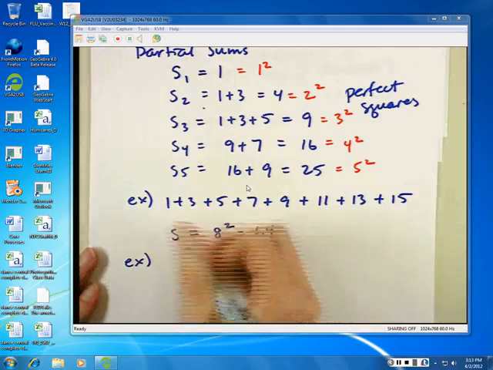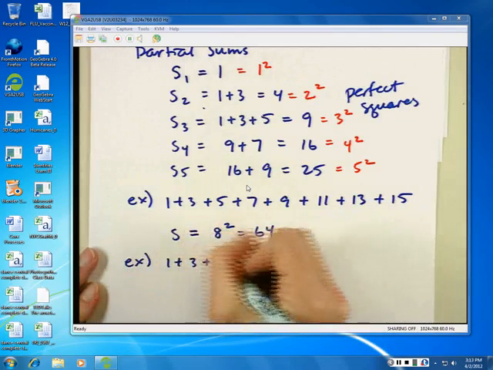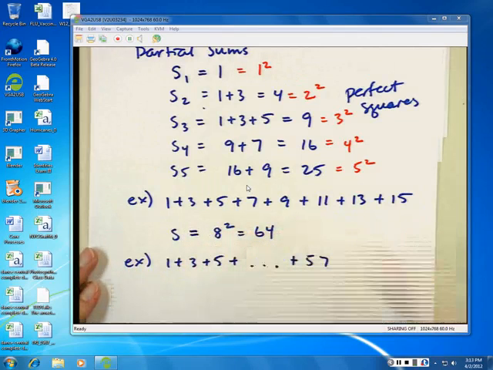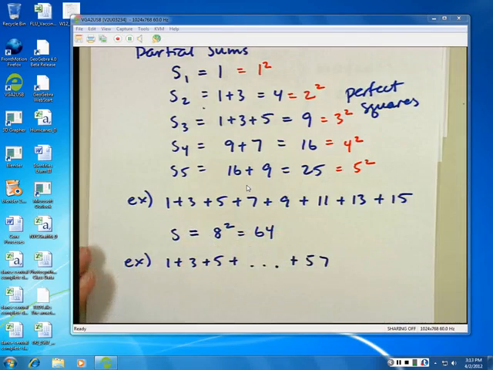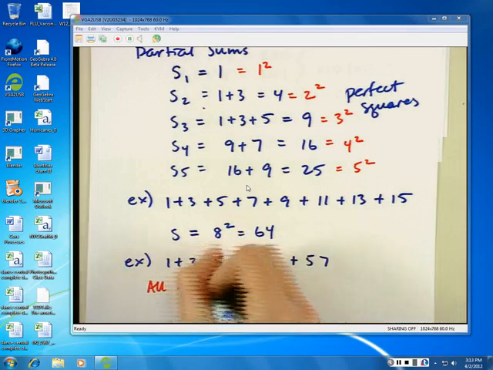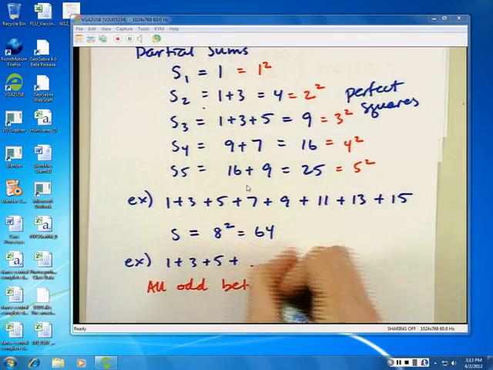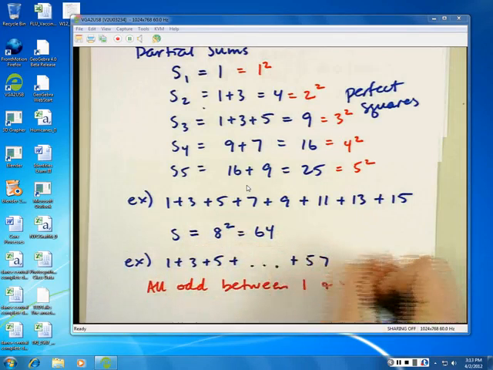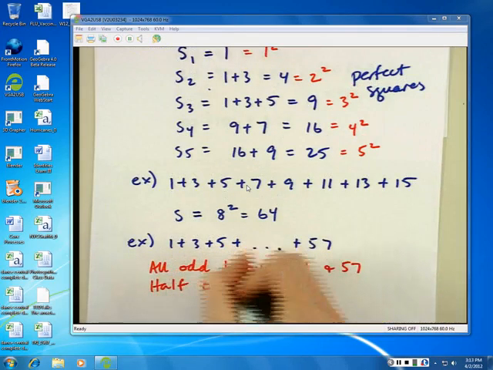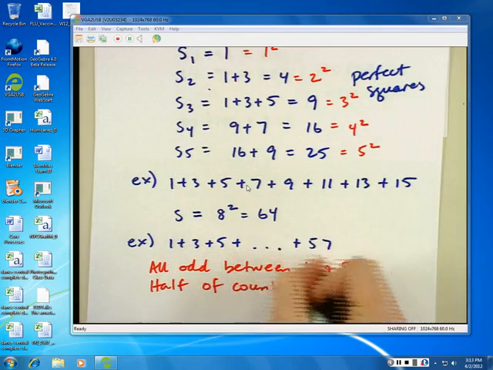Let's say that we do 1 plus 3 plus 5 plus ... all the way up to 57. Well, I don't want to write all of those out. But instead, I can think of it this way. I have all of the odd numbers. So I'm taking all the odds between 1 and 57. Okay, well, we got that, which is half of the counting numbers